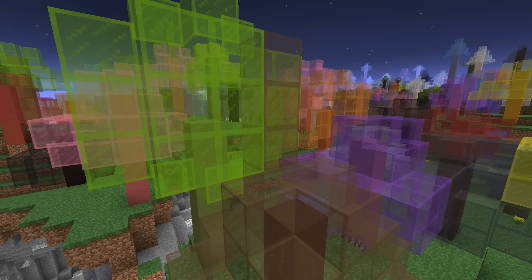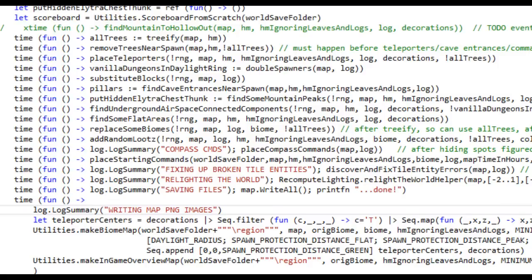So I basically had a bunch of algorithms and heuristics to try to untangle it all, so that if I wanted to remove a particular tree, I would get that tree and its leaves and not other connected leaves that belong to other trees. So it's a big ugly mess, and I ended up spending like 2 weeks on it. So that was treeify and the overview code, and now I can move forward to remove trees near spawn,